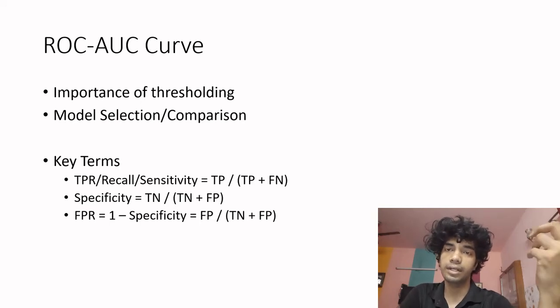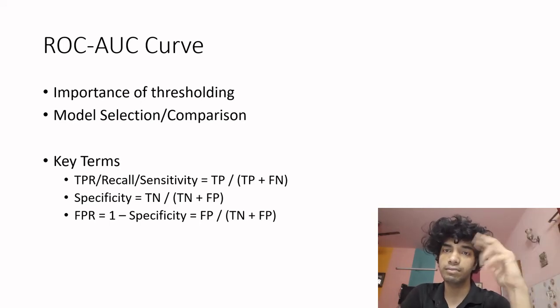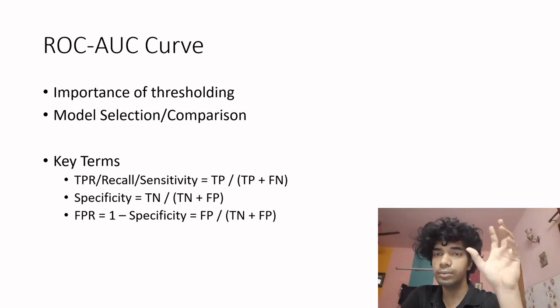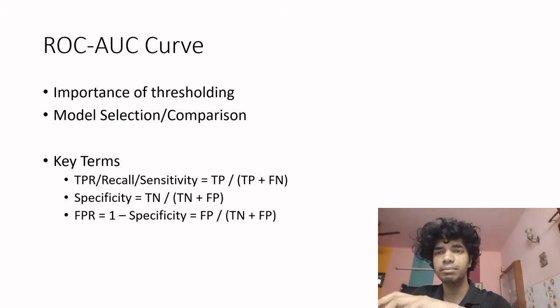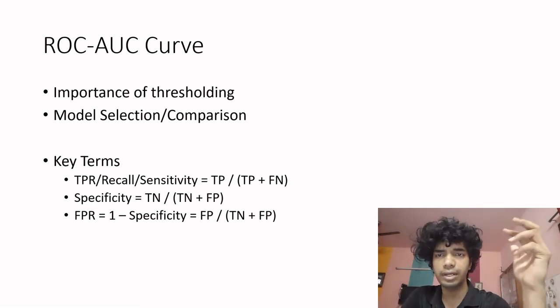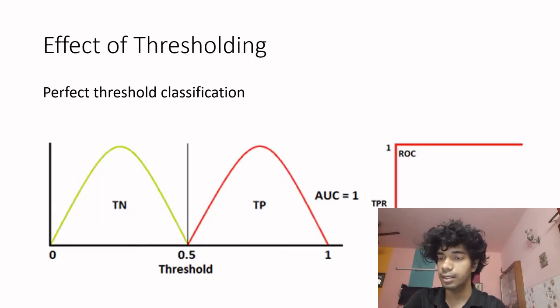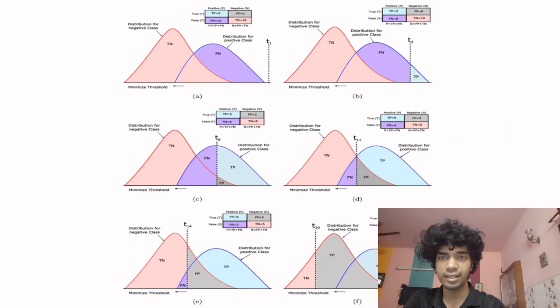And what is the opposite of the true negative rate? The false positive rate. Just flip the terms: true's opposite is false, negative's opposite is positive, rate is rate. This is basically a probability value, a decimal, fraction value, which lies between 0 and 1. So to find the opposite of a value which lies between 0 and 1, subtract it from 1. Take the true negative rate, subtract it from 1, and you get the false positive rate. That's the justification and the idea of the entire formula, and that simplifies the learning. Proceeding to the main crux